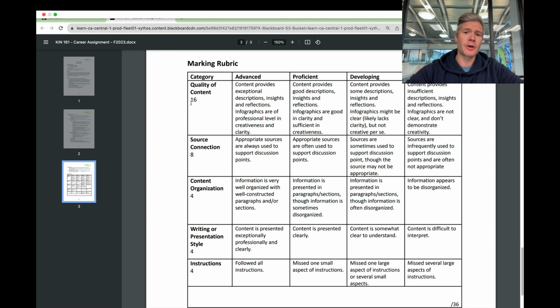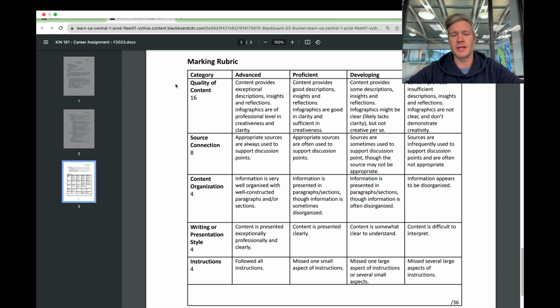Okay. The marking rubric for this component, so for the 15% of the overall grade, a large focus is going to be on quality of content, and that includes your infographics as well. So what's a quality infographic? Again, I'll show you some examples coming up in a moment, but essentially what I'm looking for is something that clearly has some effort put into it, and not just effort, but is also at, say, like a professional level.